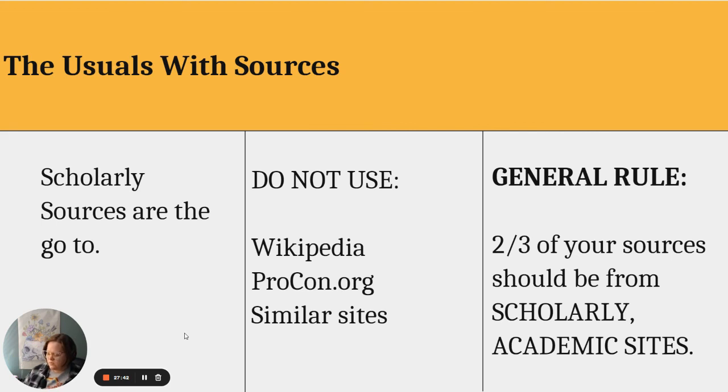Generally, you can also use documentaries as long as they're not biased. You are trying to stray away from extreme biases in source writing because that doesn't actually help you understand points. So keep that in mind. With your sources, there are going to be videos on how to use EBSCO and how to use ProQuest. Google Scholar works very similarly. There's probably going to be a video about that as well. But do not use things like Wikipedia and procon.org. No procon.org. Most of you really like that, and I don't know why. Stop it. All right, guys?